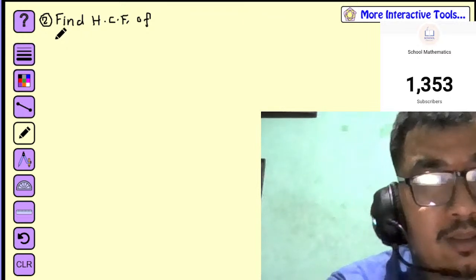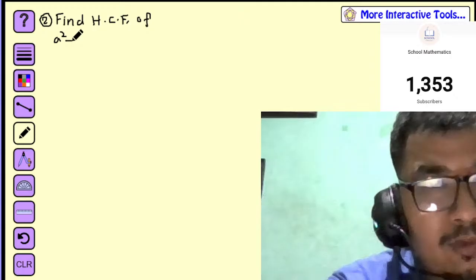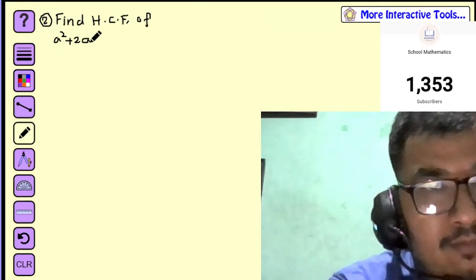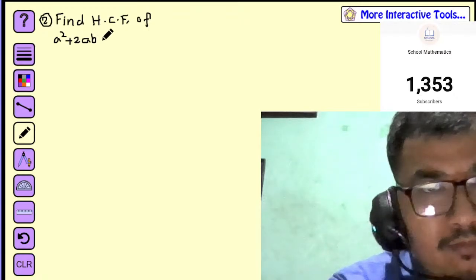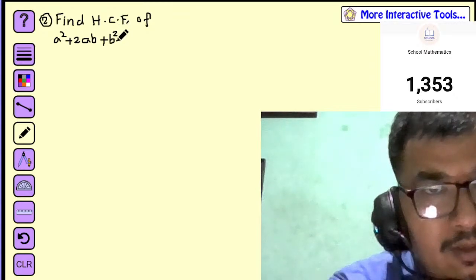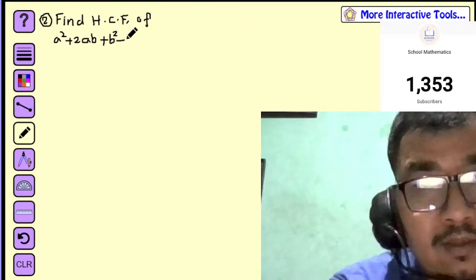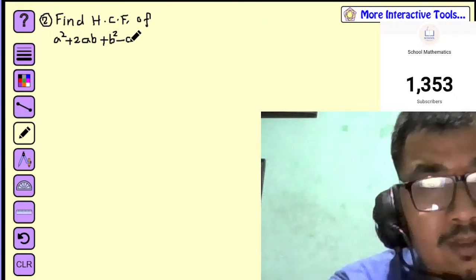It is like this: a square plus 2ab plus b square, okay, and the last term there is c square, okay, there is c square given,